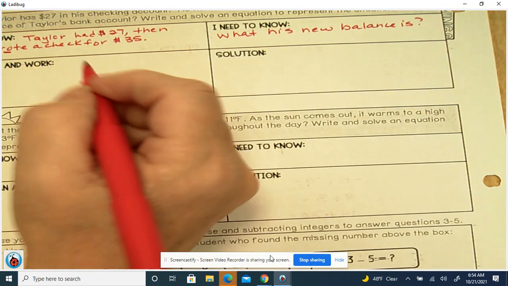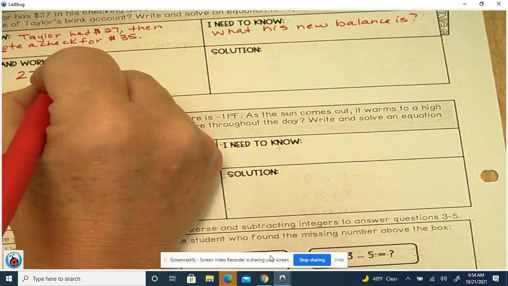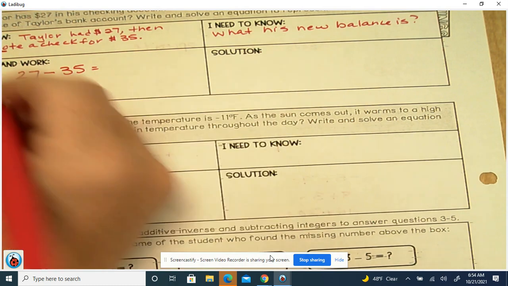And then plan and work. Okay. He started with 27. And we know we said we take away 35. All right. So if we work that,